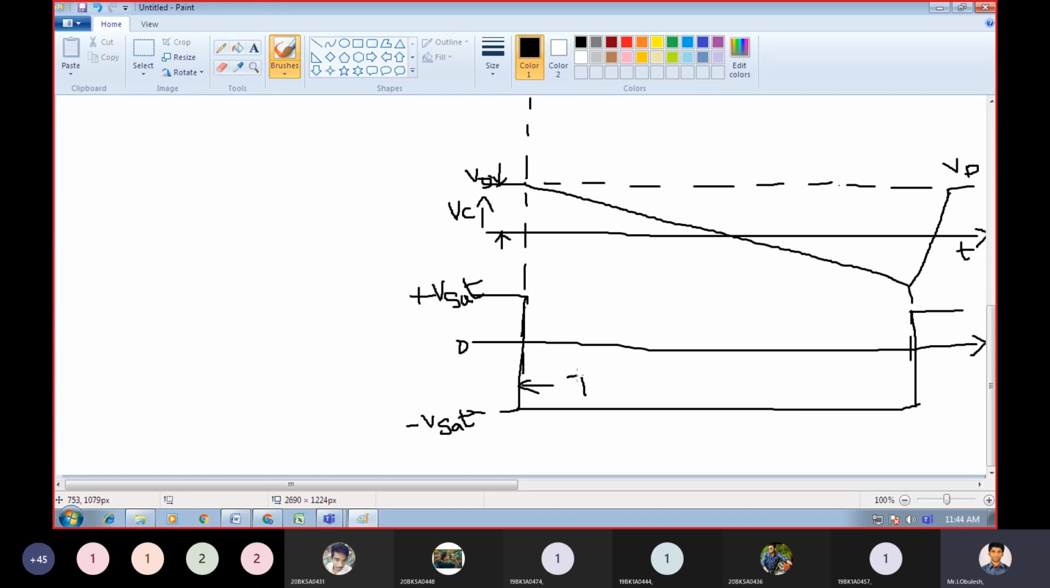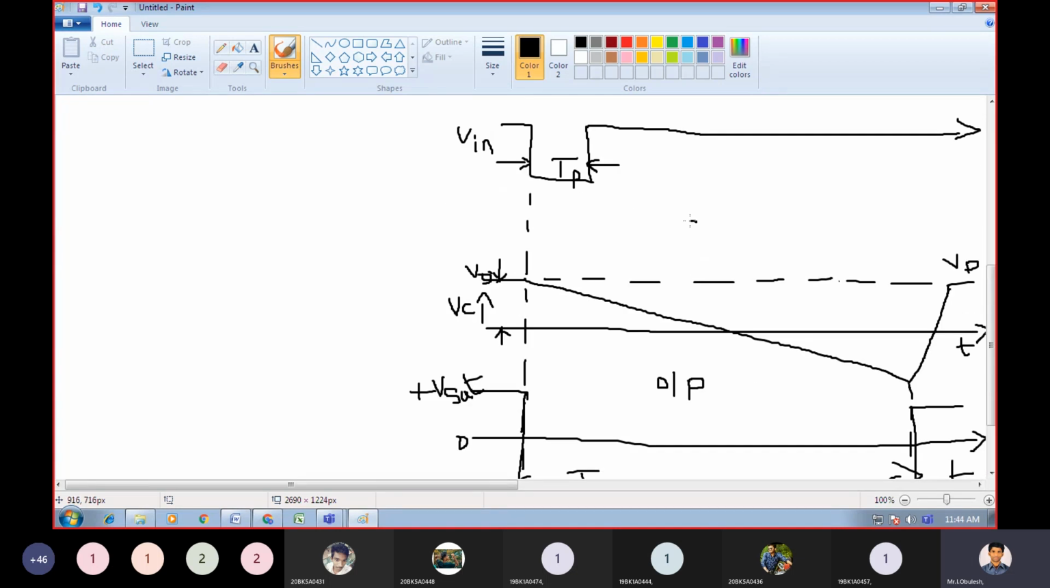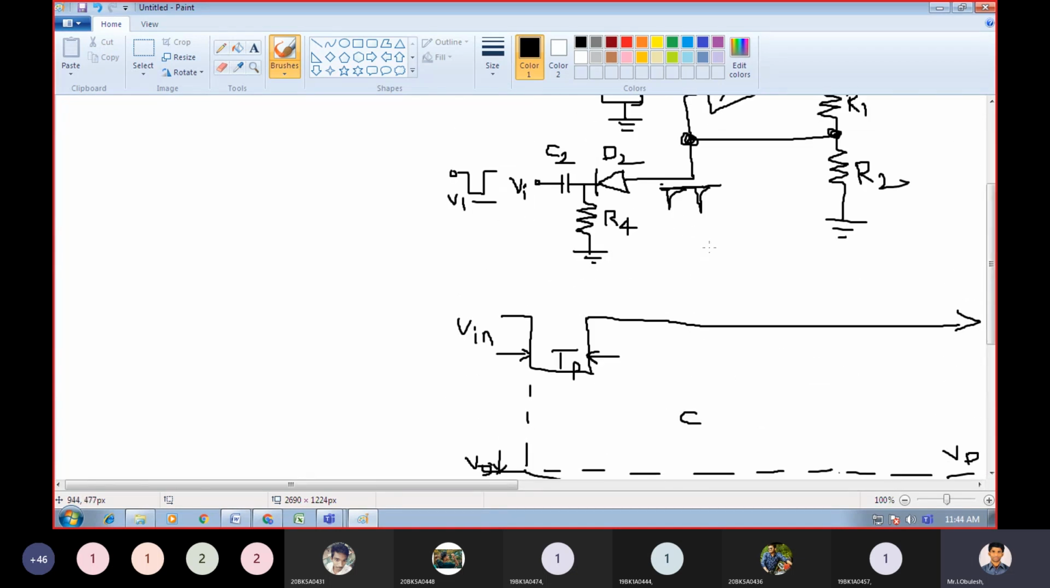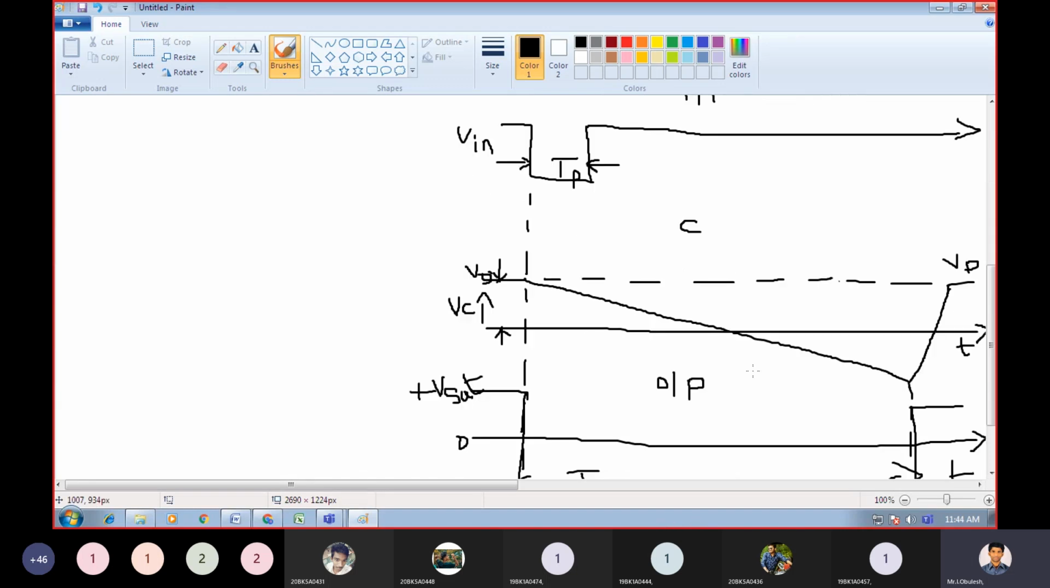This is the discharging time period, right? Discharging time period. This is the output waveform. This is the capacitor C waveform. This is the input waveform. Assume that from these expected waveforms,